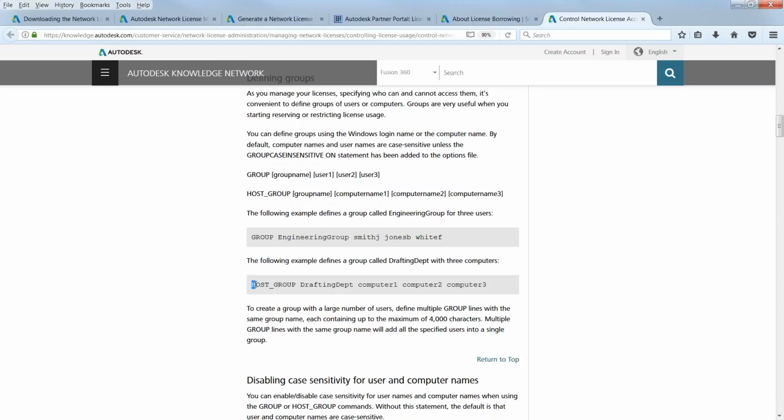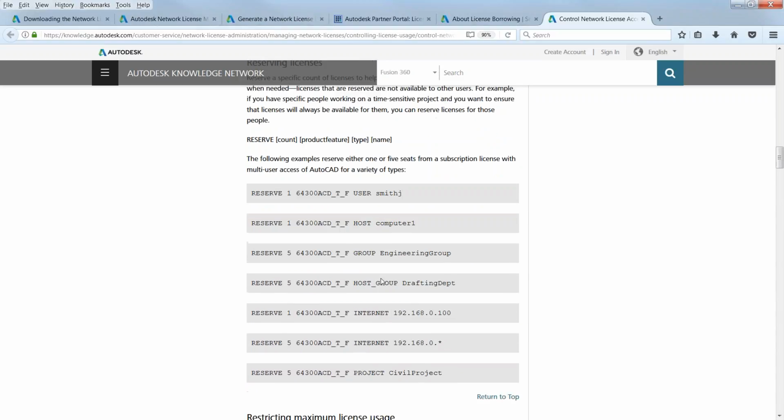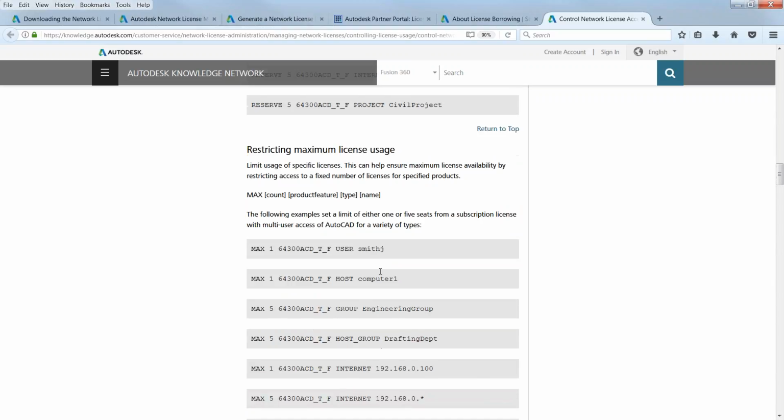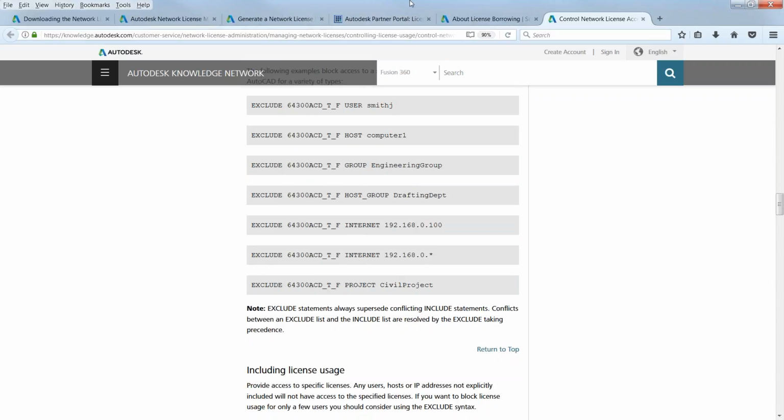Okay, and we can use host group as well, meaning their machine name, because sometimes there can be two engineers using one machine, so sometimes we just put this as a host name instead for easier management. Okay, for example, you can reserve 5 AutoCAD to host group drafting department, something like that. All right, and that's for